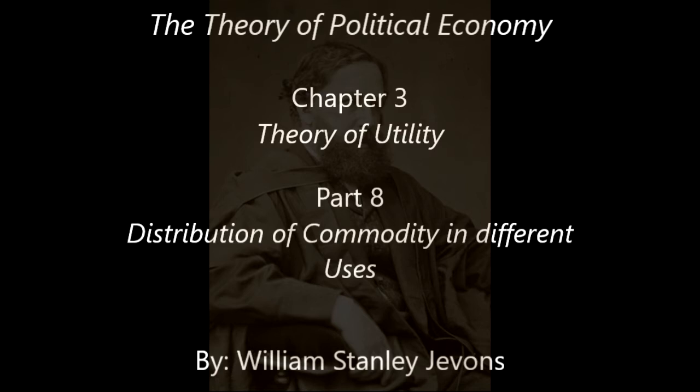Let Δu1 and Δu2 be the increments of utility which might arise respectively from consuming an increment of commodity in two different ways. When the distribution is completed we ought to have Δu1 equals Δu2, or at the limit we have the equation du1/dx equals du2/dy, which is true when x, y are respectively equal to x1, y1. We must in other words have the final degrees of utility in the two uses equal.